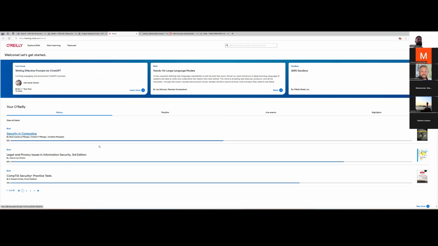And you get free access through the university. Those of you that are in the military, though, you can go through the DoD MWR library and get an even bigger selection. What you are seeing now is the military version. Yours is slightly different if you're on the university edition, but just know that if you are a veteran or active duty, then you have access to the DoD MWR library.